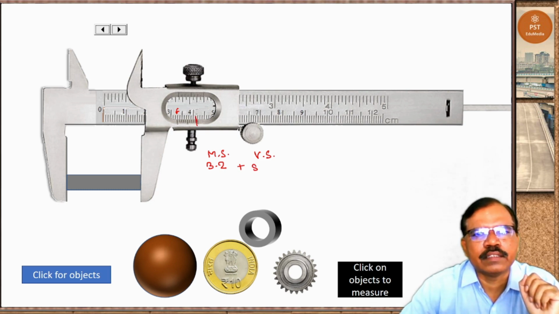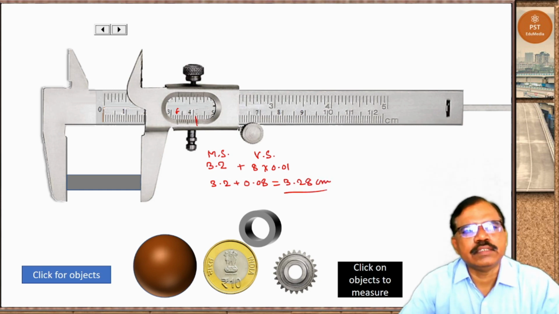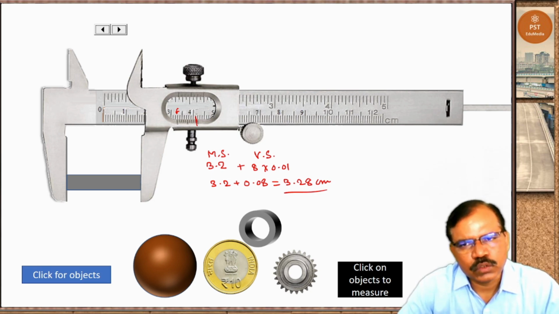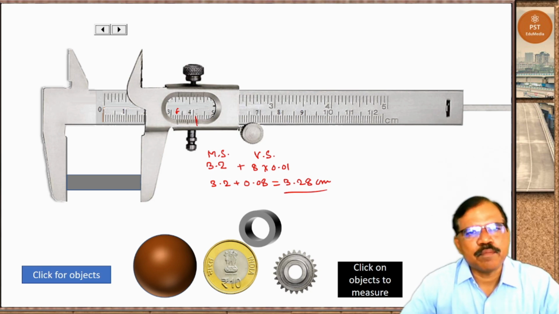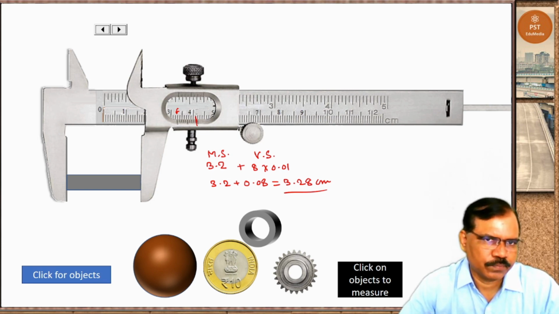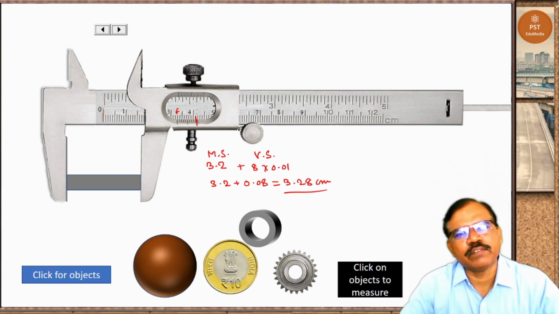So 8th line. So 8 into 0.01. So 3.2 plus 0.08. So it is 3.28 centimeter. This is length of this rectangular block. So in this way, we can make measurements using vernier caliper. So thanks very much. Thank you again.